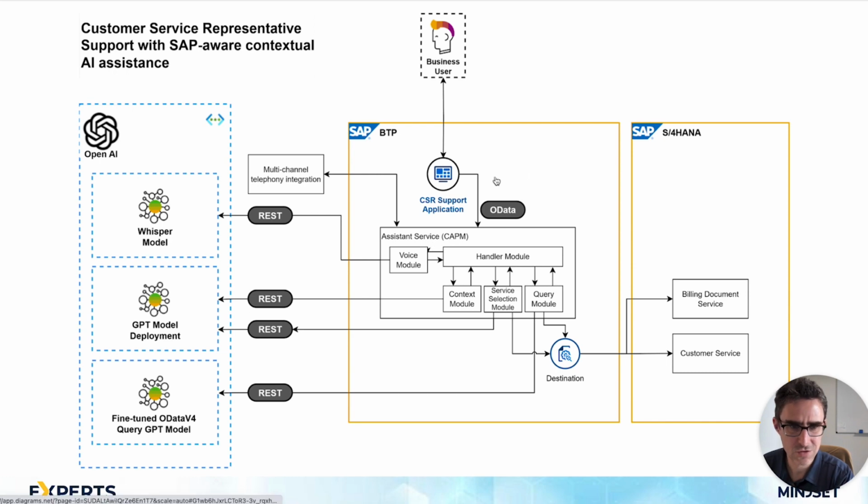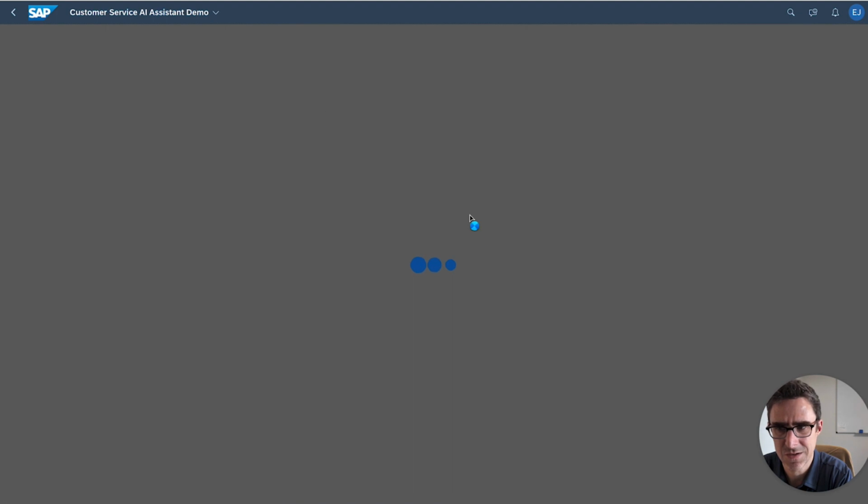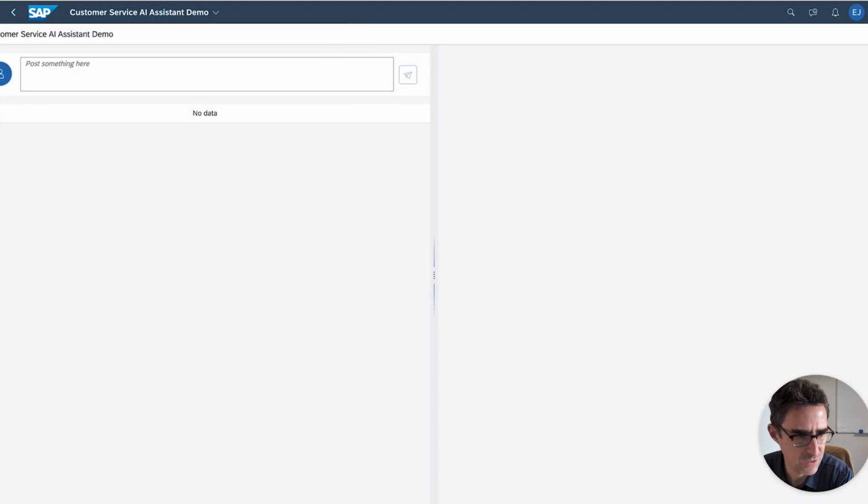So with that, let's jump into the demo, and I'll show you how this thing works. Hopefully, I'm still logged into everything, but we've got this deployed in a Fiori Launchpad on BTP in a WorkZone standard edition site, and this is where we put a bunch of our demos at Mindset. We'll be doing the customer service AI assistant demo today, and we'll load that up and get started. Like I said, I'm going to do both sides of this conversation. It'll probably break at some point and not work right, so that'll be some good comedy for you, and we'll see how it goes. So let's get started.